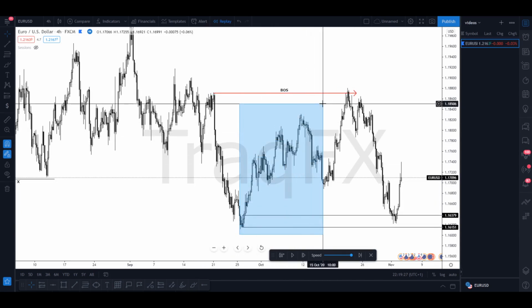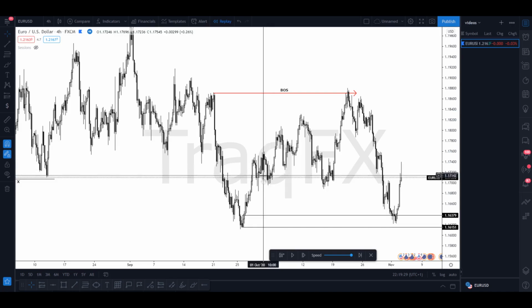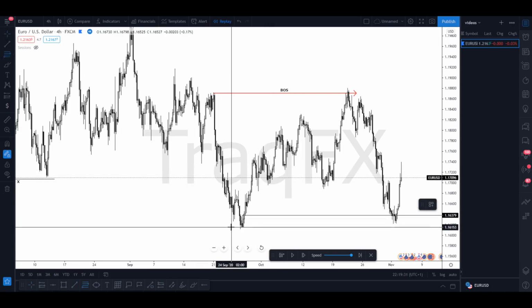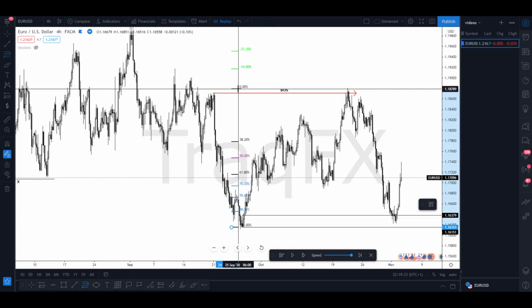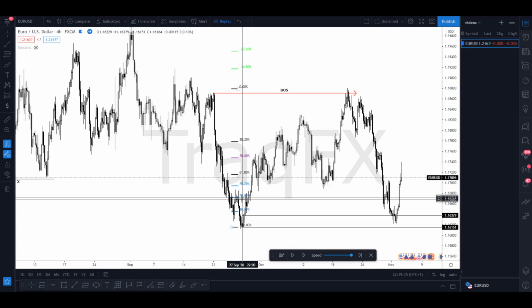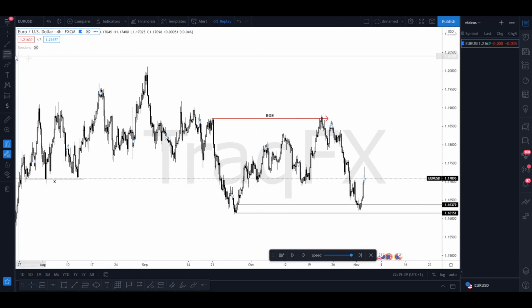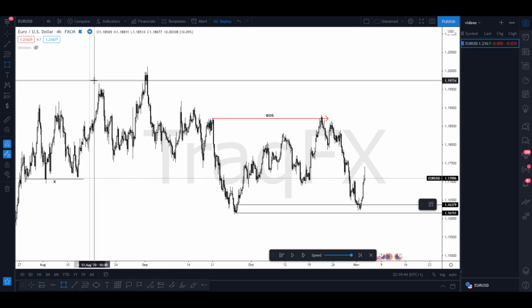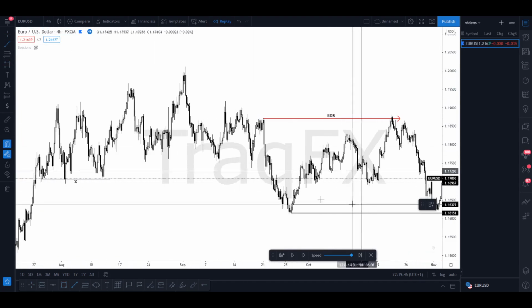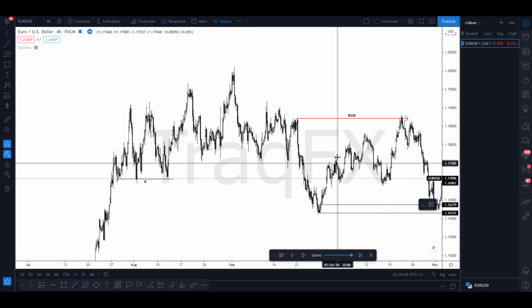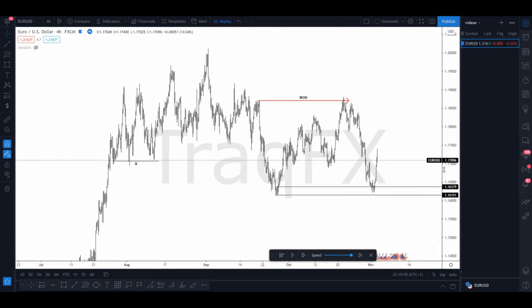And then 3, we have momentum, we have imbalance. 4, we have our Fibonacci price, I'm pretty sure. Yeah, we have our 88, 78, and 70. So it's in our discounted level. We have about 5 to 6 confirmations, and target wise, we're literally just targeting the next level where there's imbalance or liquidity. So overall, because we are in a bullish market structure, and the micro structure is now switching from